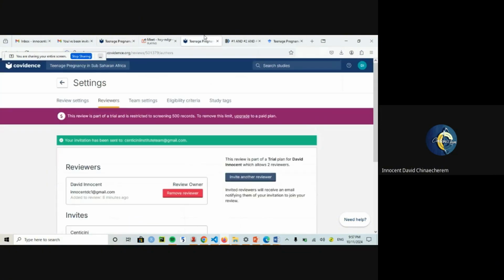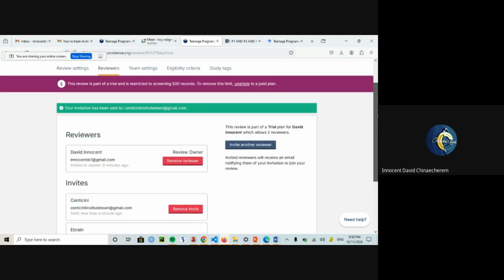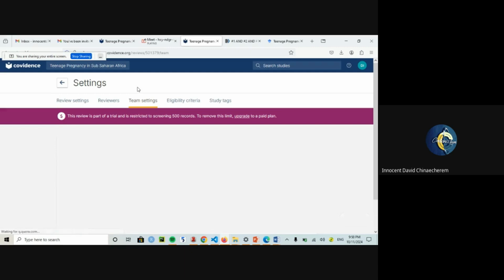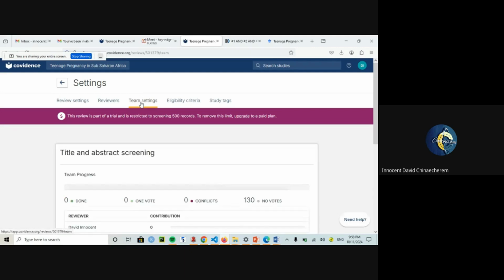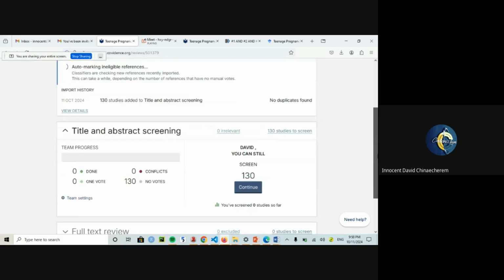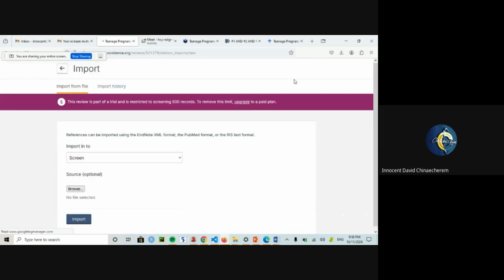So when I look at it from this end too, I go to team settings and automatically it has been updated with 130 references. Okay. All right. So what next? What next could I do? So if I want to import more references before I start my screening, I could also click on import again,